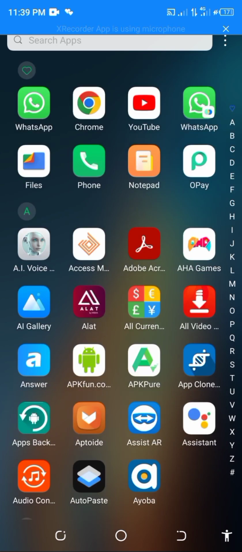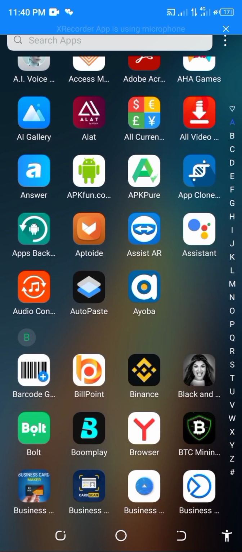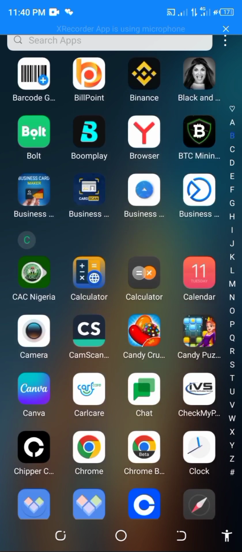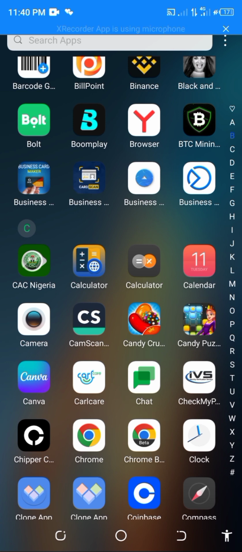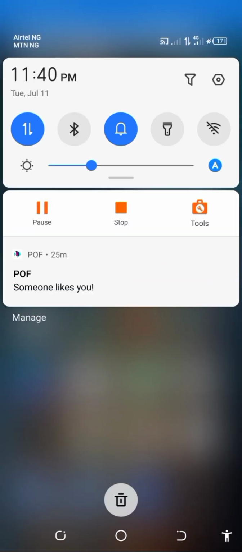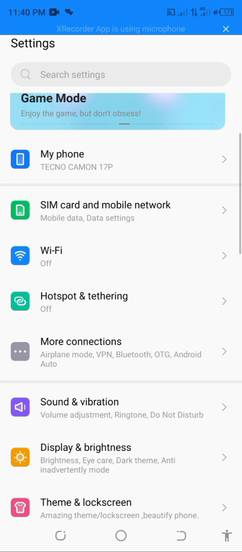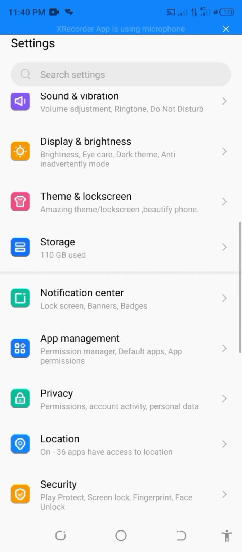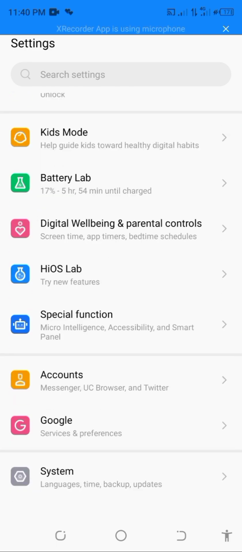So if you want to retrieve, maybe you have forgotten any login details for any app on your phone, you can't remember the password or you can't remember the email you used. So what you need to do is just to go to the settings of your phone, click on settings, okay, at the top right. Once you open your settings, you go straight down, scroll down to Google,